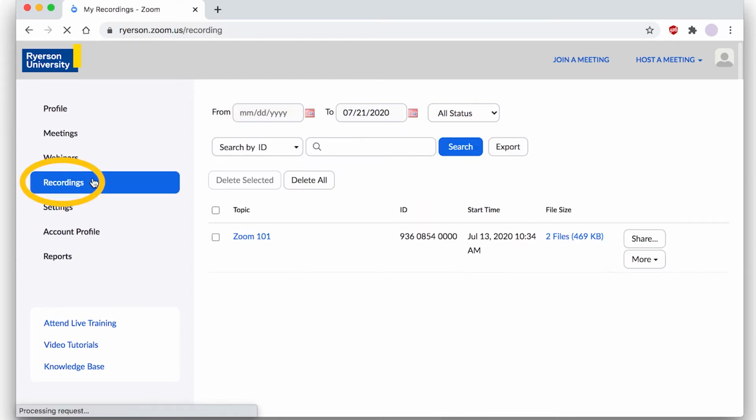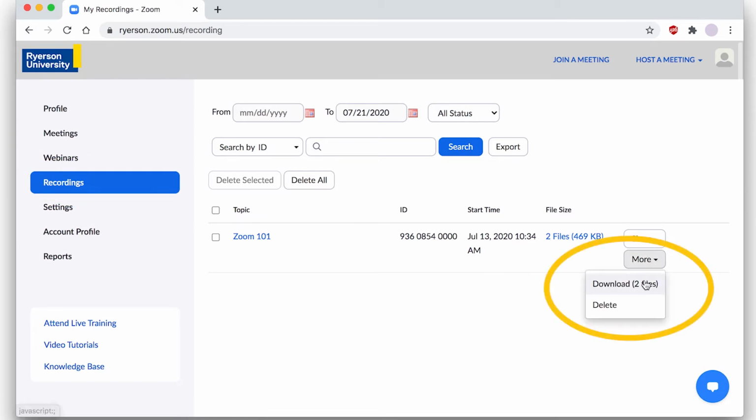In Recordings, you are able to search and download meeting files recorded to the cloud. You can download them by going to the right-hand side and clicking More, and then selecting Download. This will allow you to download both audio and video recordings, as well as a transcript of your meeting. Please note, it may take some time for all your files to be ready after the meeting ends. You are then able to upload these recordings to Google Drive and D2L.